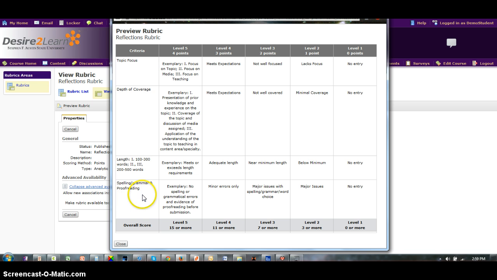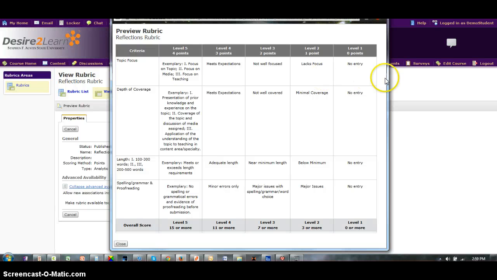So that's the rubric for the discussions, and it's a 4-point per criteria rubric. So there's 4 criteria, 4 points, a total of 16 points. And you'll see the rubric now in the grading when you look at the grades for the